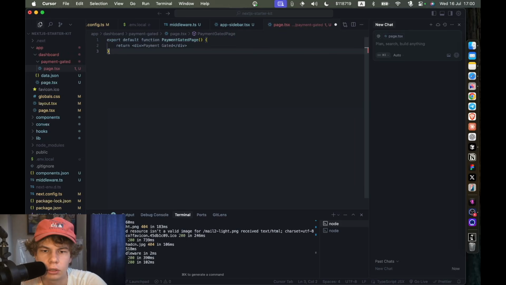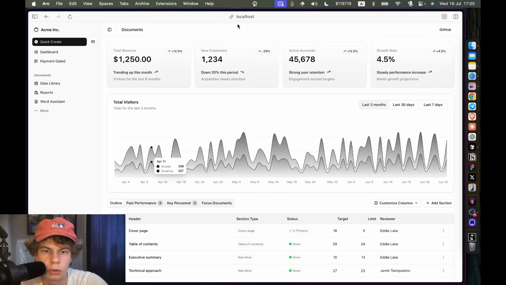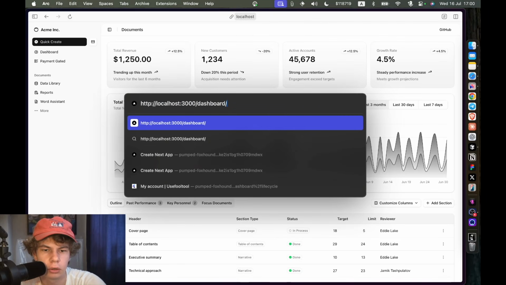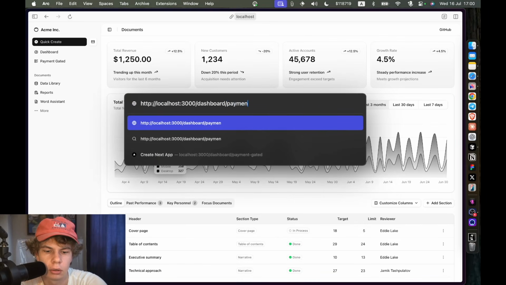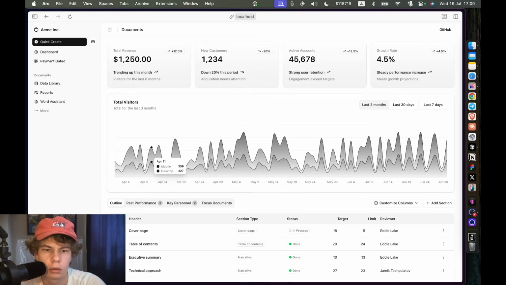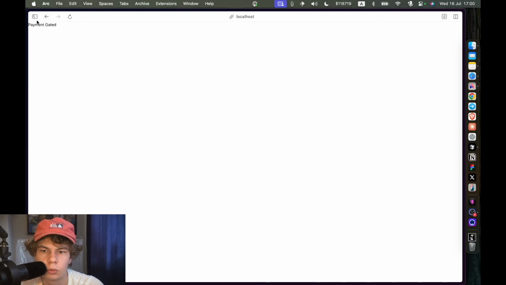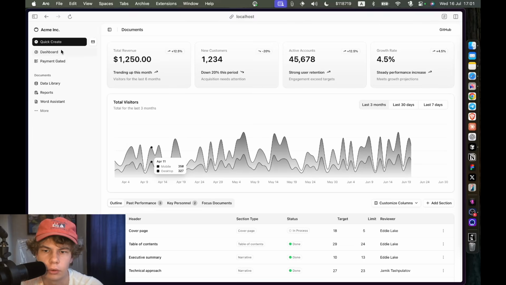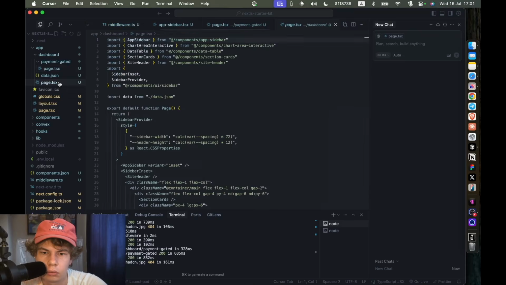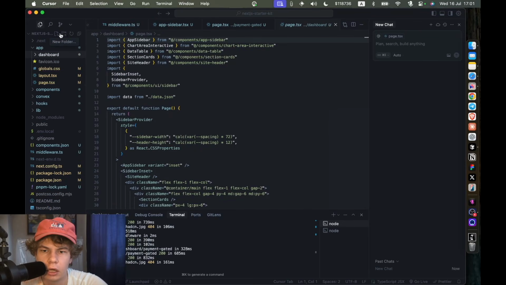And for now, let's just do a simple page like this. So now, if we go to /dashboard/payment-gated, we'll see this page. But here's the problem. Where did the sidebar go? So this is another thing that we need to do now. We need to make sure that the sidebar is visible for all the routes here, no matter what page we're on. To do that, we'll create a layout.tsx,